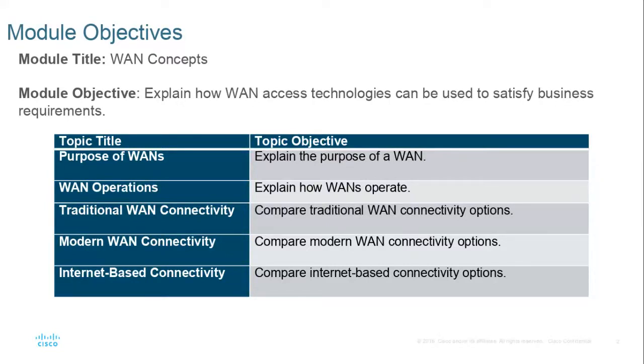I can't dig a ditch along the highway and put my own fiber optic cable between the campuses. I'm not allowed to do that. The only people that can do that are the telephone company type people. They can lay their own fiber optic cables, and then we can just lease some capacity on their fiber optic cables. The old rule about WANs was they were slow, like a dial-up modem speed, 56 kilobit. T1 lines, 1.54 megabit. Now with the newer technologies, we have 10 gigabit connectivity over fiber optic cable between our campuses. You can get 1 gigabit connectivity from the cable company or the phone company to connect you to the internet. So the rules are changing now. They used to be considered slow, now they're considered very fast.